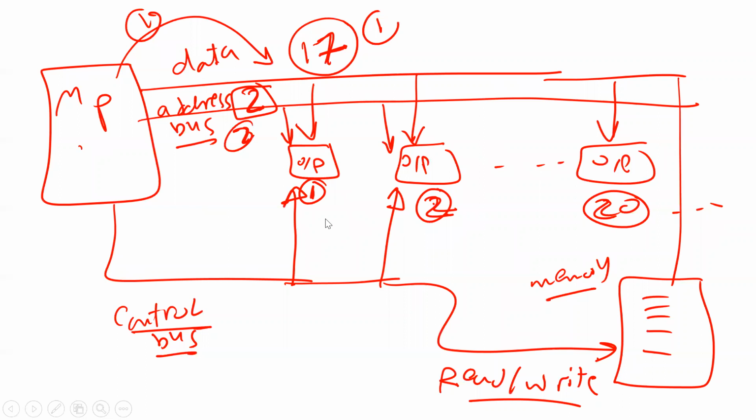So just what I'm explaining here, guys. Every output device or input should have a unique number. This unique number, you call it address. And all of them are connected to the address bus. So the same number. Once I put in number 2, that means this is for you here. If this guy is not going to do anything, all of them are not going to do anything because this address is for number 2. And then for number 2, you have to put data on the data bus, and then you give a signal to this output device. Now everything is ready for you. Please take the data and so on. So this is how it works.